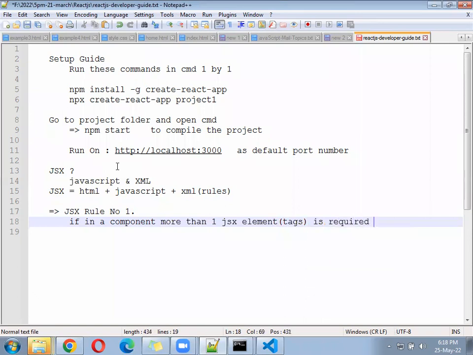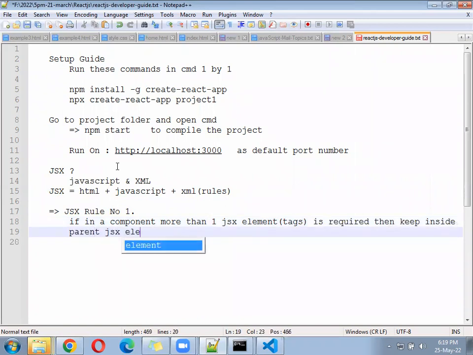Then the parent JSX element is compulsory. Keep everything inside the parent JSX element.